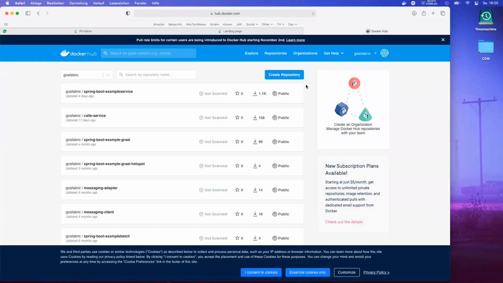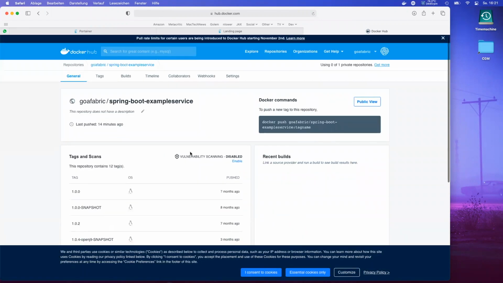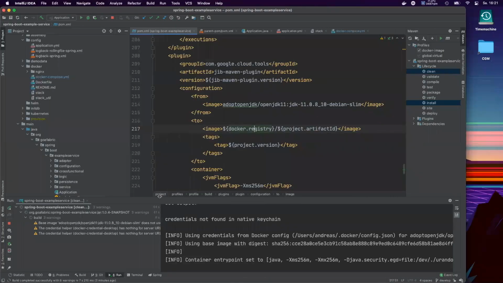Currently, everything is going to Docker Hub. This is a so-called public registry. Usually, if you're working in an organization, enterprise, you have a private registry, but for the sake of the demo, we are using a public registry. So this is Docker Hub. You can have an account here. You see my account is Goa Fabric. And now everything we deploy goes to this repository inside the registry, which is basically example servers,